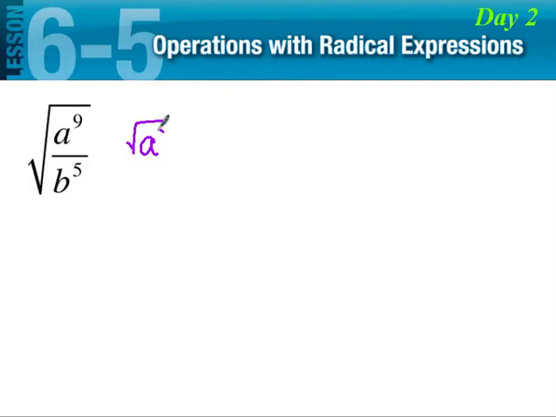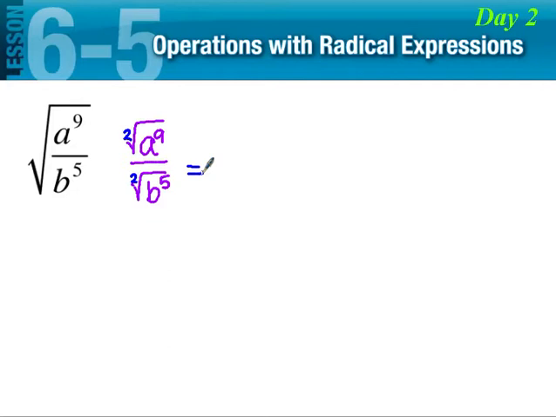So really this is like the square root of a to the 9th over the square root of b to the 5th. And then we understood that the number outside of the root here is a 2. That's what the index is in a square root. If there's not a number written, it's always implied to be 2. And if I were to simplify the square root of a to the 9th,